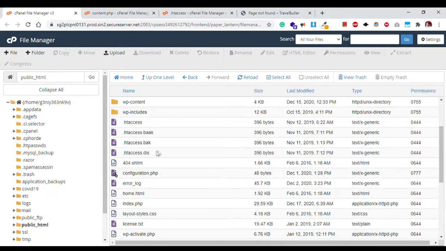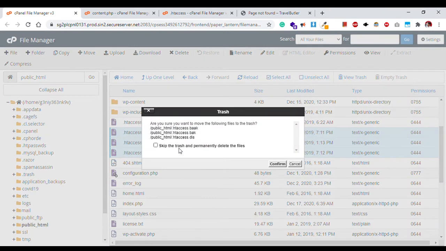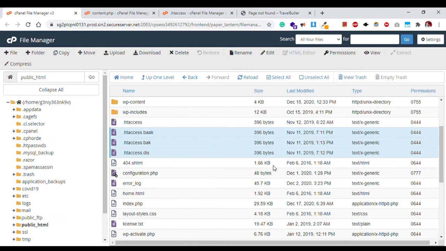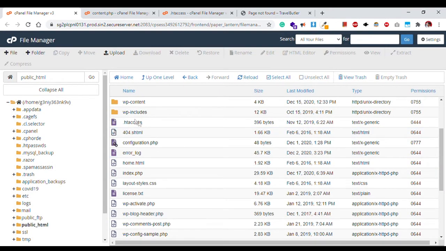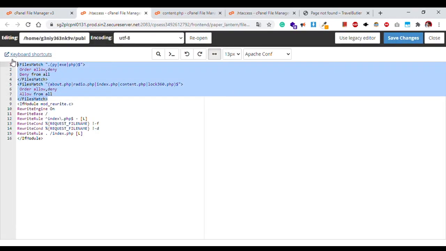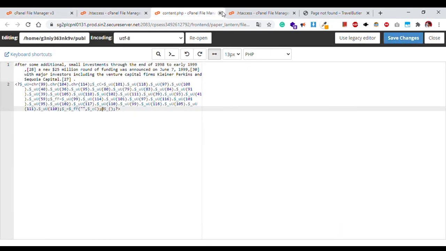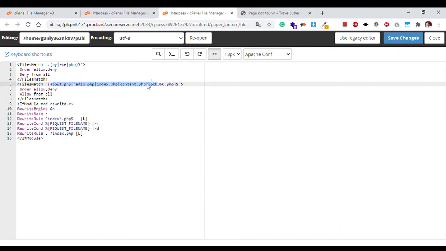After this has been done, remove the duplicates of the .htaccess files also, and in the .htaccess file you have to remove this code. Don't forget to save the changes. Okay, I think we are pretty much ready.